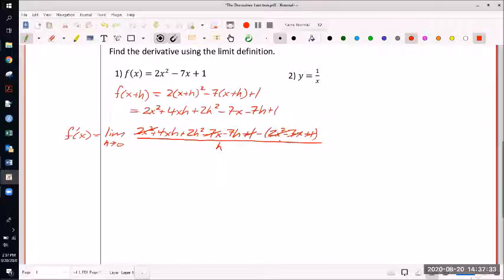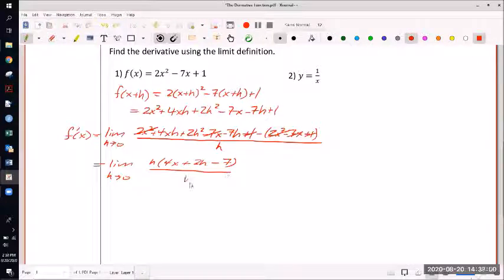So I've canceled all three terms in my original f of x. And now let's see what we have left here. I have a 4xh plus 2h squared minus 7h. Notice that all three of these terms have an h in them, so I can factor out the h, leaving me with 4x plus 2h minus 7